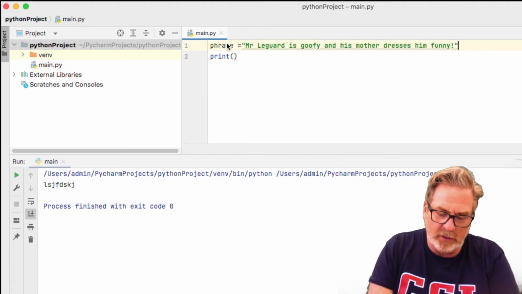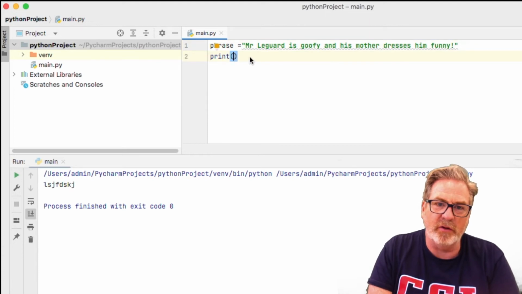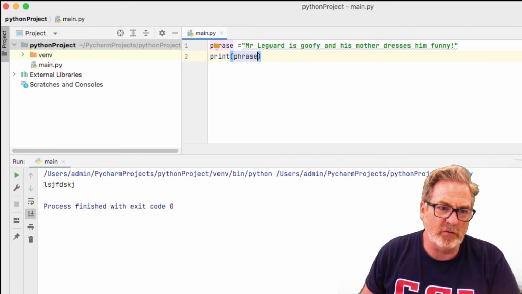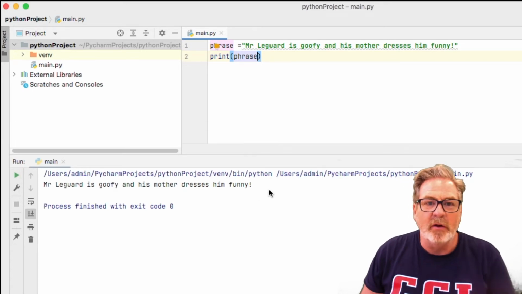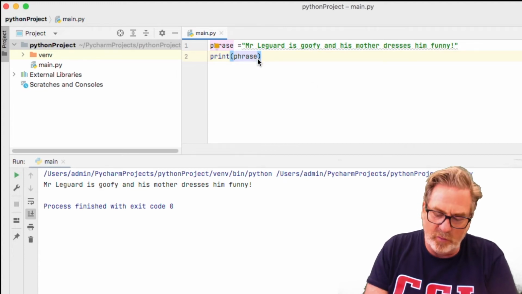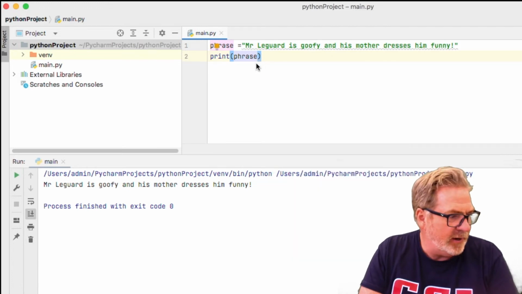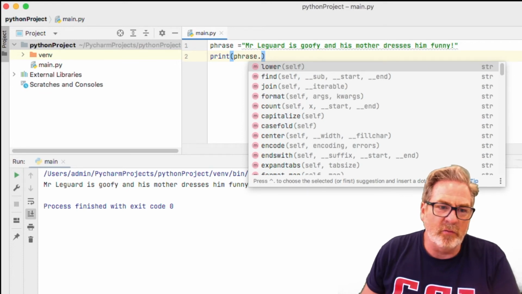And so, as you know before, we can say print phrase, because it's now a declared variable, and if we run that, let's clear this first, it should say Mr. Lagarde is goofy and his mother dresses him funny. Yeah, big deal. Okay, so now let's have a look at a couple of the functions that we can do with this. So for example, we could put in after phrase, period, and then we could say lower. And then if we run that,